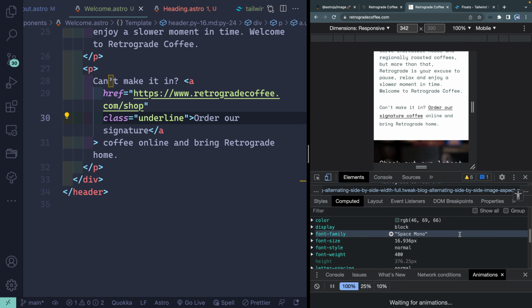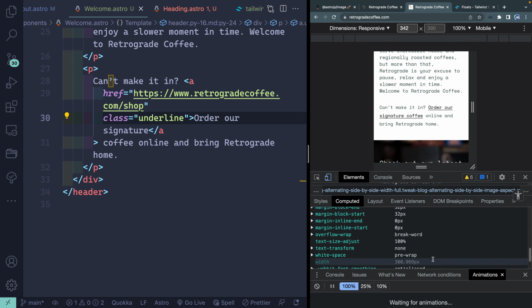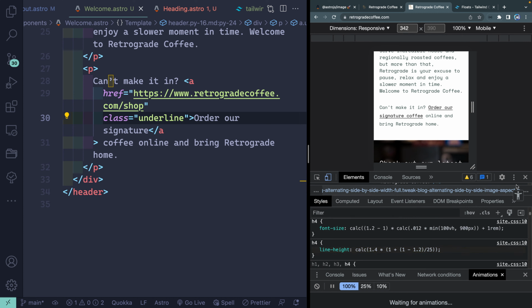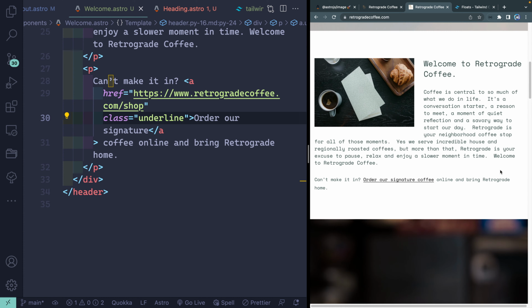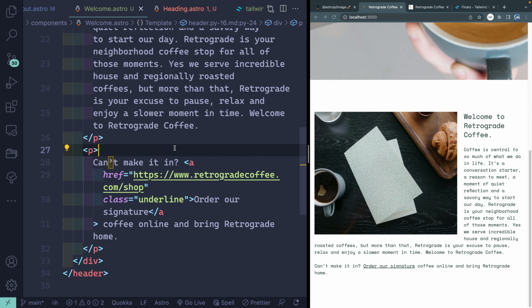Our line height stuff. Where's my line height? So 23, so 1.4. What is this? So yeah, let's do that. So let me come over again to my